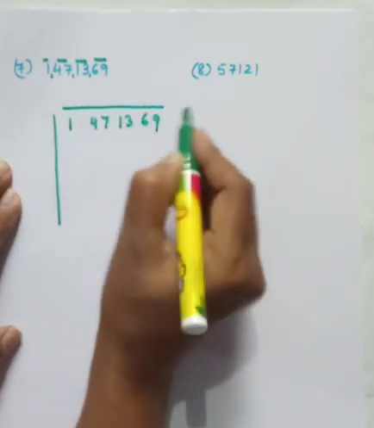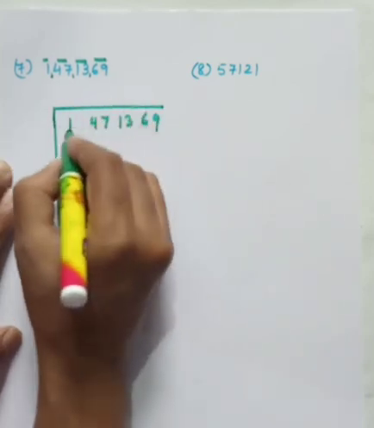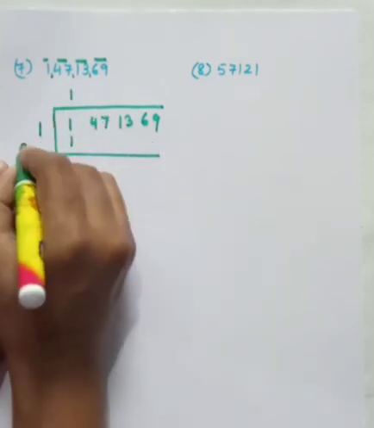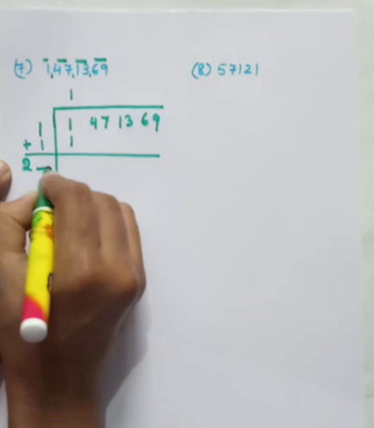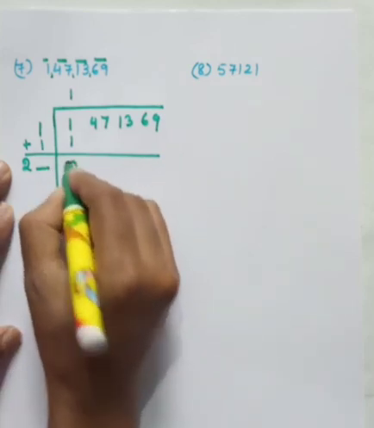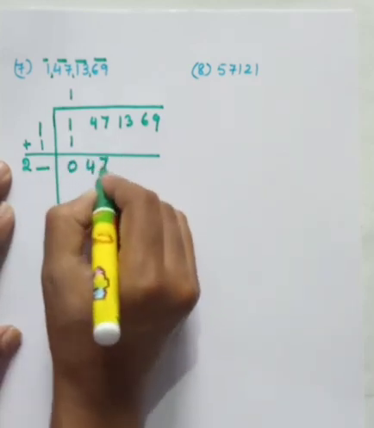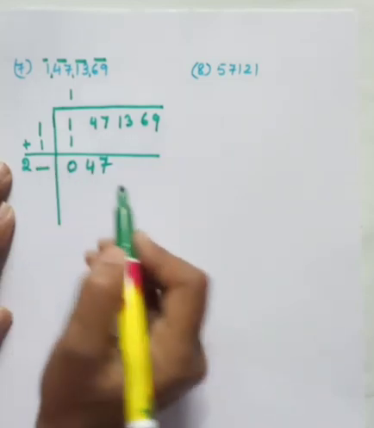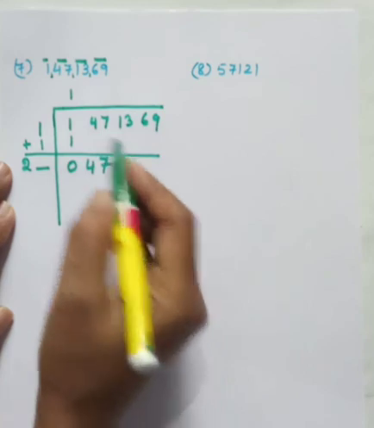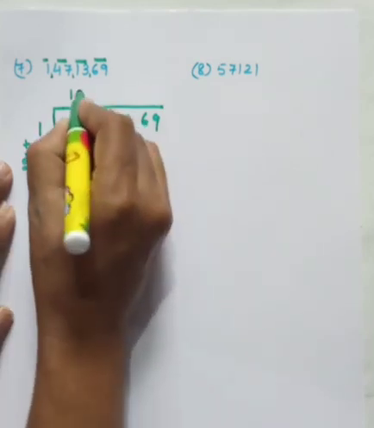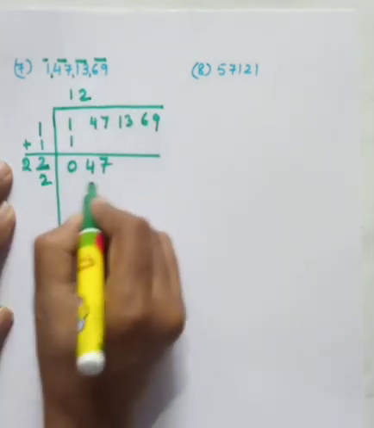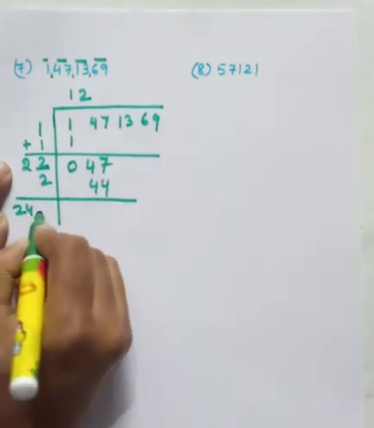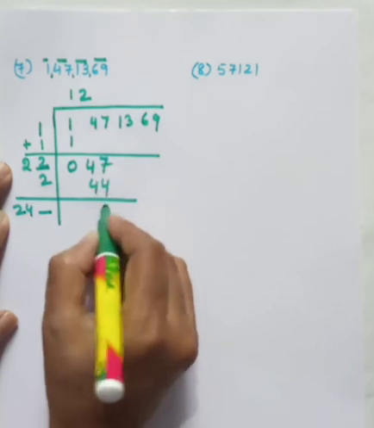No problem, it's also easy if you follow the steps properly. So starting will be 1, 1 ones are 1. You will add plus 1 here, you will get 2 and 1 place vacant. So here 0, bring down 47. See, if you put 2 here, 22 2s are 44, 23 3s would not be suitable. So we shall go for 2. So 22 2s are 44. So we are getting 24 here with 1 place vacant. 7 minus 4 is 3.